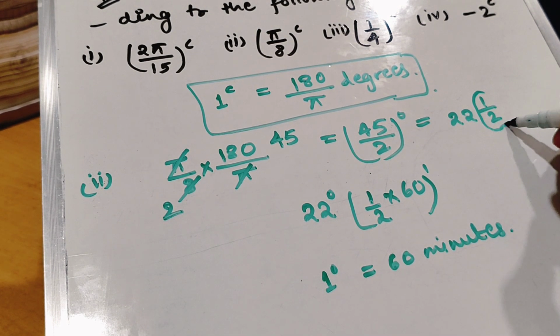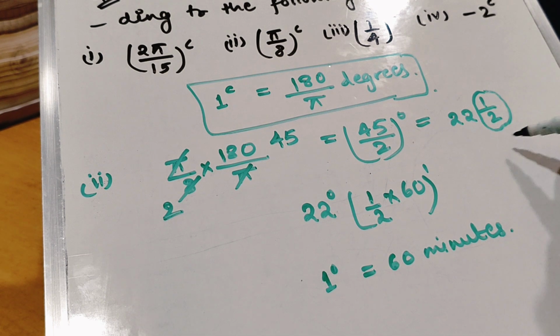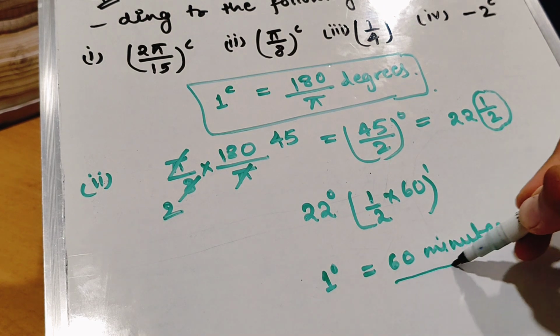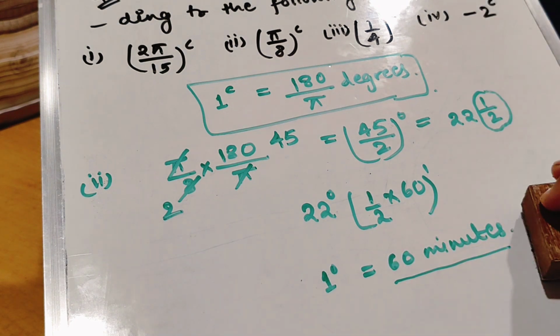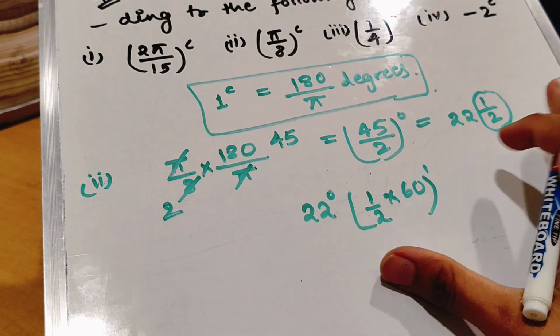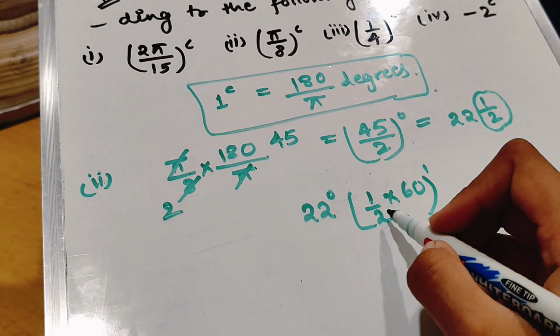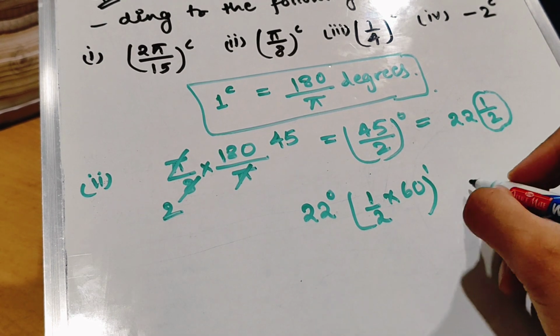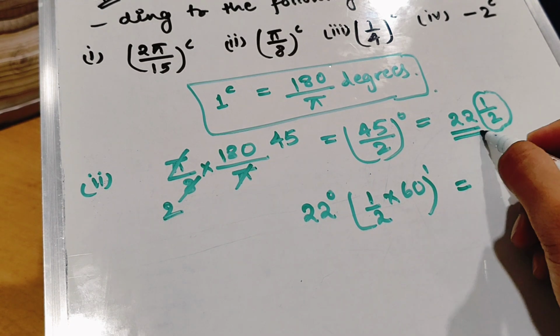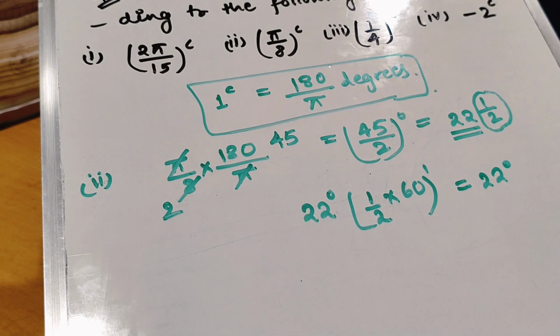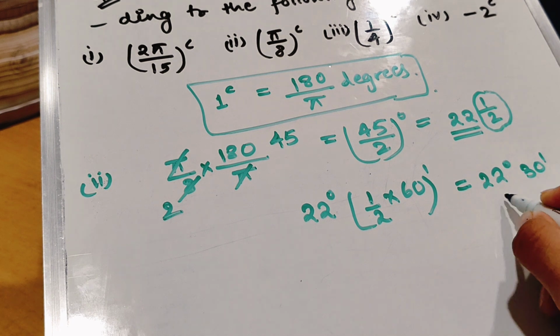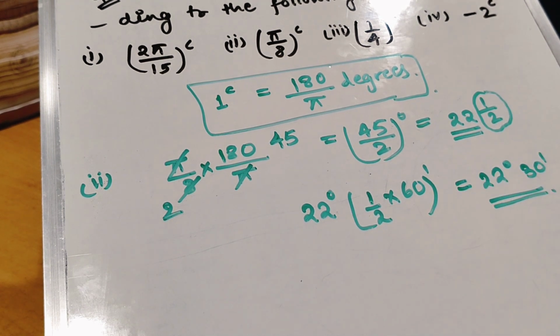Now this portion is some portion of the degree. So how many minutes is it? Just simply multiply by 60. So you will get minutes. That's it. Right? So you will take this fraction part of the mixed fraction, and you will simply multiply it with 60, and you will separate this one, which will give you the exact degree. So it will be 22 degrees, and this will get cancelled, 30 minutes. That's it. That's how you solve. Okay,